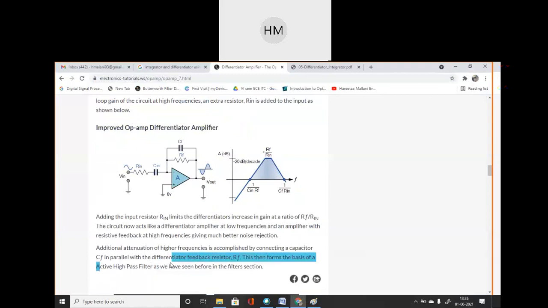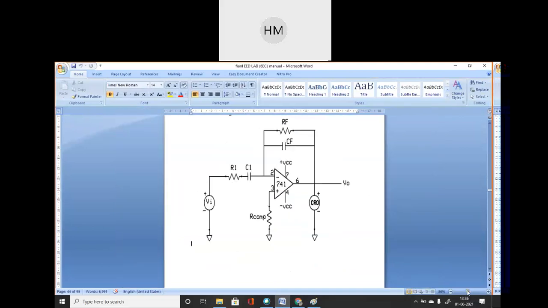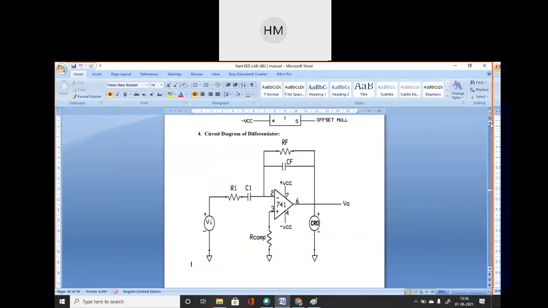Okay, so this is all the basic logic behind this experiment. Now to perform this experiment, you have to draw this circuit diagram of the differentiator. बाकी तुमने सारा लिख लिया है basic, ठीक है? So this is the differentiator practical circuit. See, you can draw basic also. You can plot it on Multisim also.